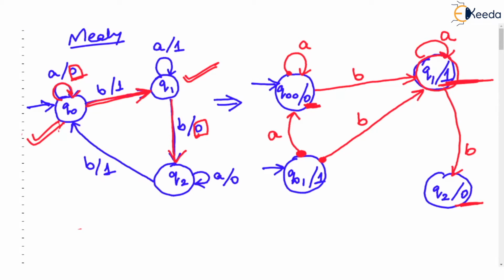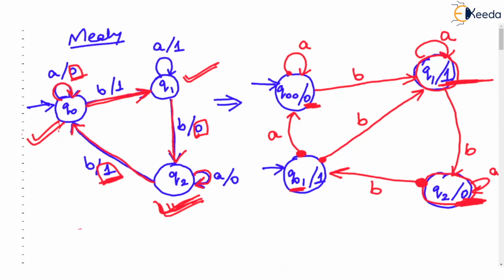Now let's define the transition for Q2. Q2 in the Mealy machine on reading A remains in Q2 and outputs 0. Check that the output here is 0, isn't it? And on reading B, check very carefully. Q2 on reading B goes to Q0. But which Q0? That Q0 which will output 1. So be careful. Q2 state on reading a B will definitely go to Q0, which is nothing but the Q0 state, but that Q0 which outputs 1.